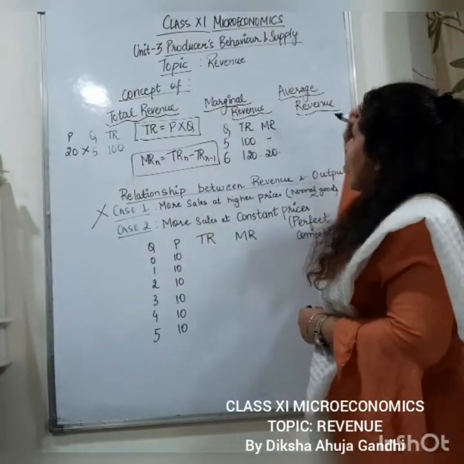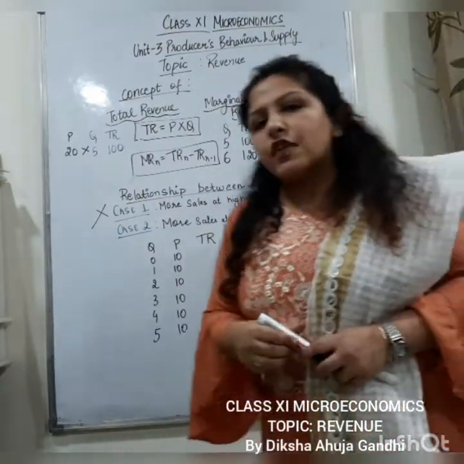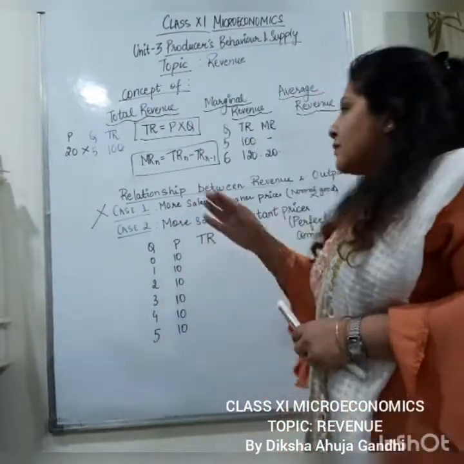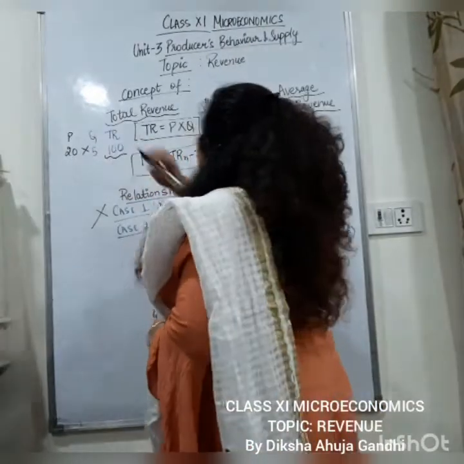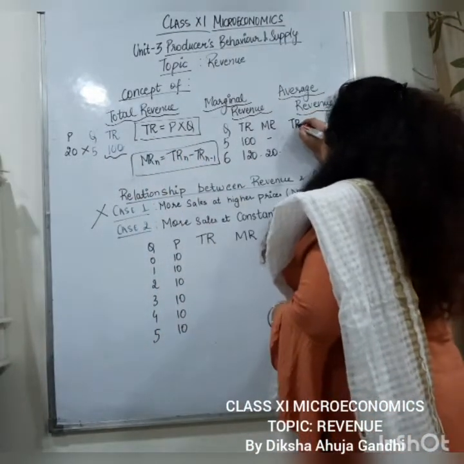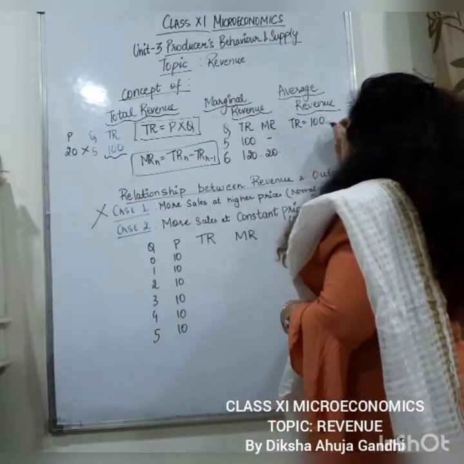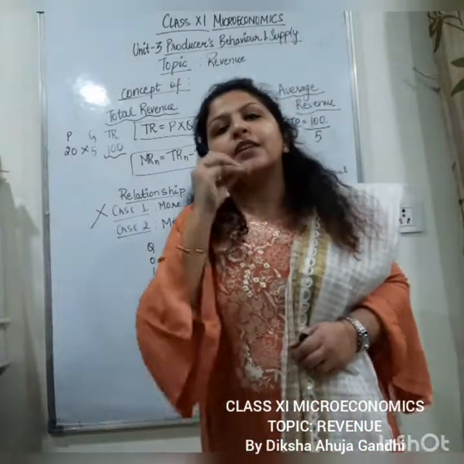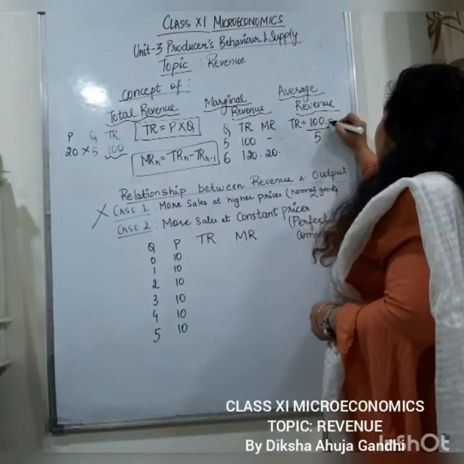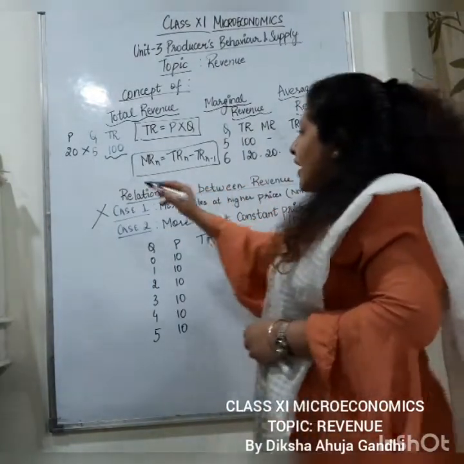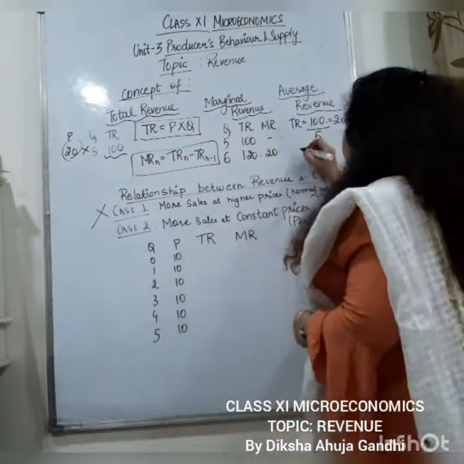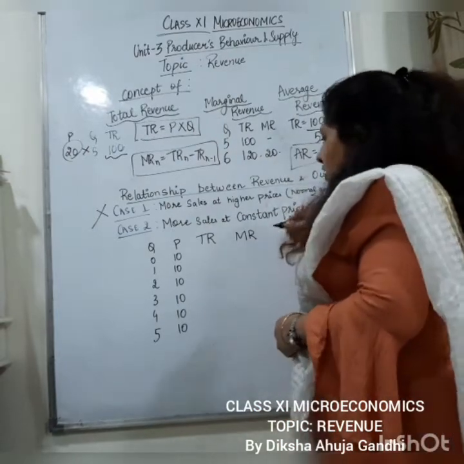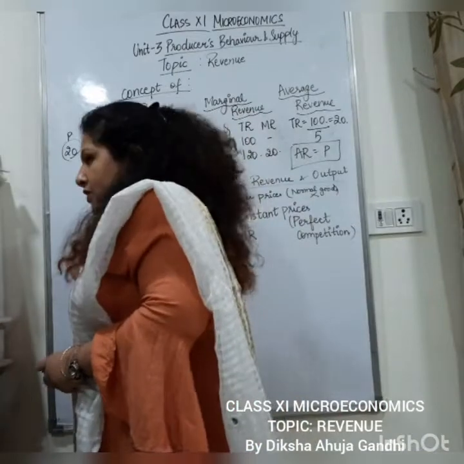So what do we mean by average revenue? Average revenue means per unit revenue of the output, right? Let's say I made total sales and got 100 rupees. The total revenue was 100 and the quantity of commodity sold was 5. So on each unit of the commodity, how much revenue did I get? That is 20. So you can say price is nothing but AR, right? AR is nothing but price. You can solve it also. Just have a look, I can prove AR is equal to price here.